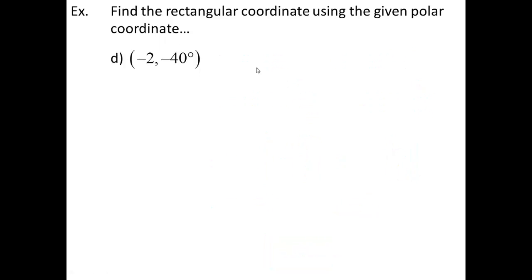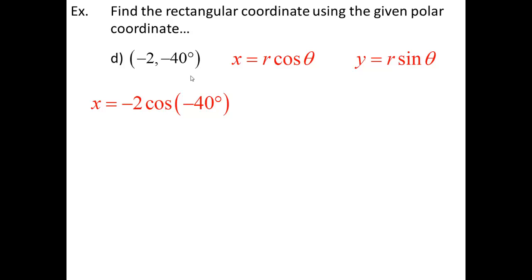Now the last one, notice we've switched to degrees just to get a little practice with doing it in degrees as well, and I also noticed that this is not a unit circle angle, therefore pull out the calculator. So when I type it in the calculator, I'm going to just type it in exactly as I see it, -2 cosine of -40 degrees, or if you're